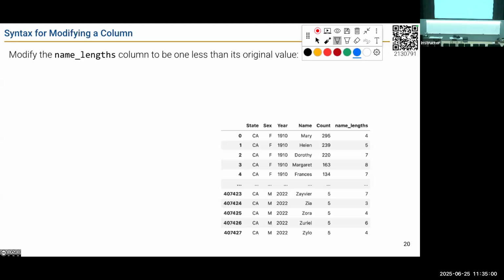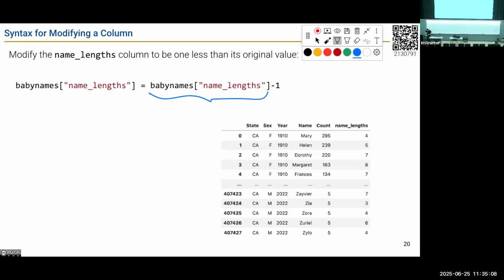I wanted to subtract 1 from all of those names. You might guess it's exactly the same as before, very similar to how you might change a variable. We start with our original name lengths column, we subtract 1, but then we have to reassign back to that same column. So we can overwrite columns using exactly the same notation as creating new columns.